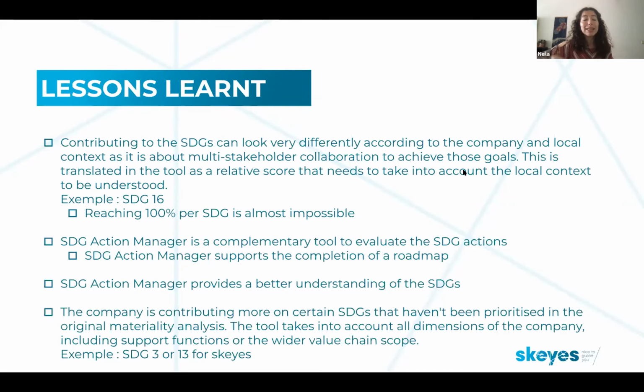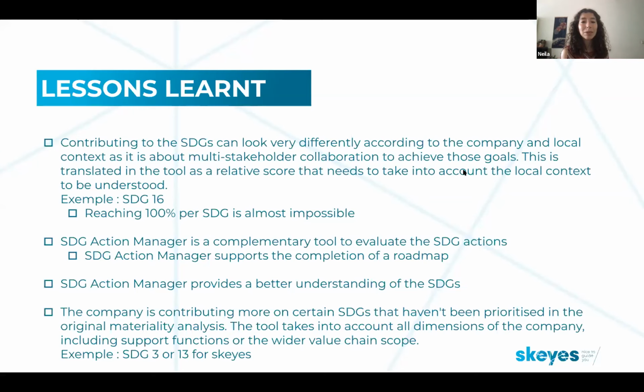Now you can see it appearing on your screen. We just want to help you experience filling in a question in the tool and understanding what Alain is talking about right now. One of the aspects is that SKYS is contributing to SDG number 3 in a great way, linked to healthcare benefits.